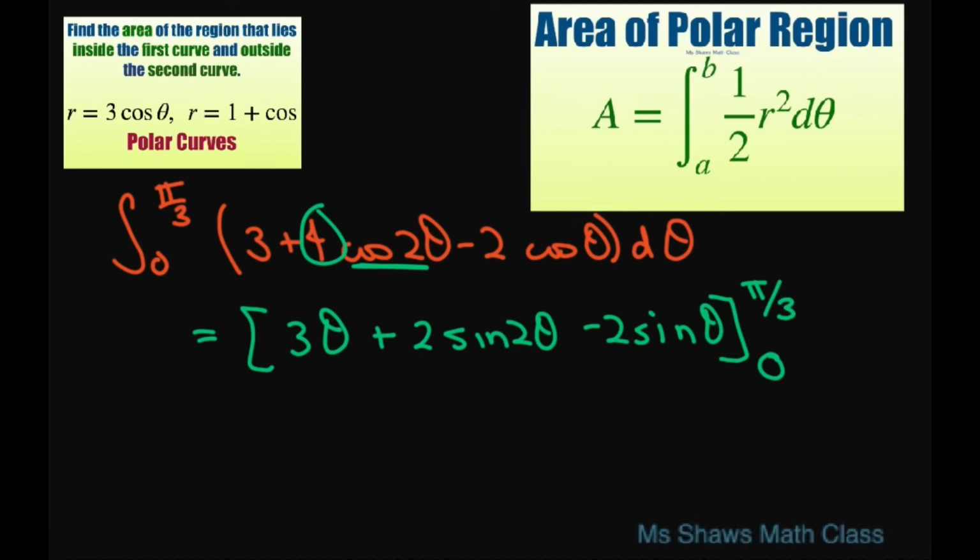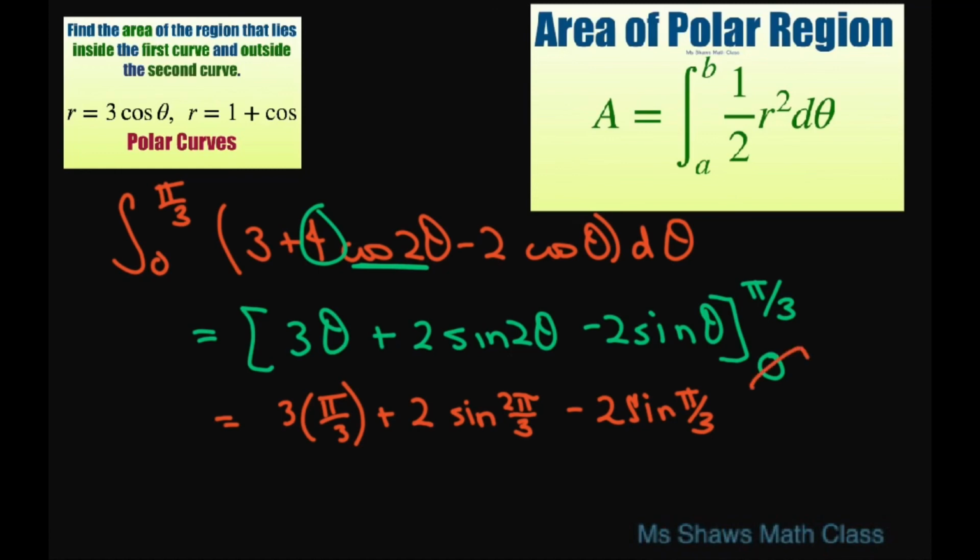So let's see what we get. We're going to get 3 times pi divided by 3 plus 2 times sine of 2 pi divided by 3 minus 2 times sine of pi divided by 3. All right, the 0 is just going to zero everything out, so we don't have to do that lower limit. This is going to give us pi